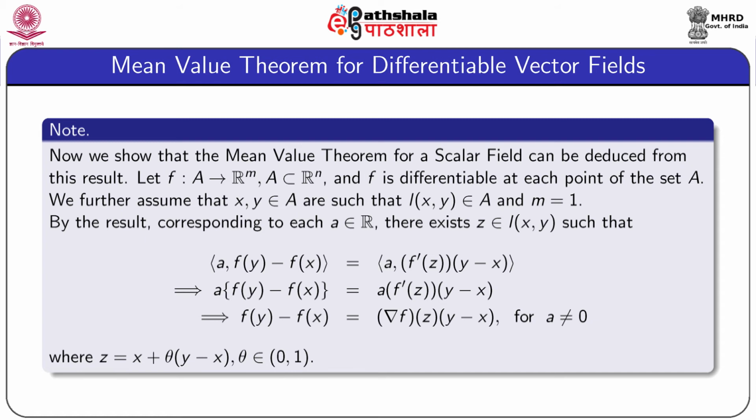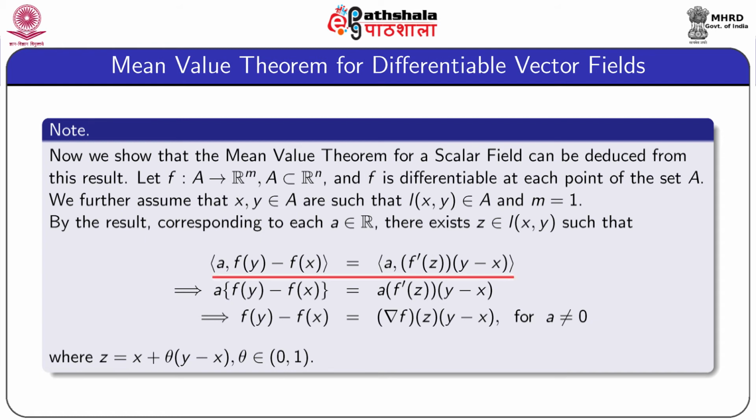Let f be a map from A to R^m, A is a subset of R^n, and f is differentiable at each point of the set A. We further assume that x, y are members of A such that the line segment joining x and y lies entirely within A. Now we put m equal to 1, that is, f reduces to a scalar field defined on the set A. By the result, corresponding to each a in R, there exists z in the line segment joining x and